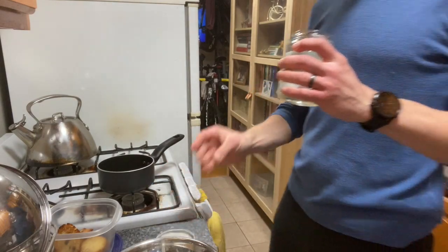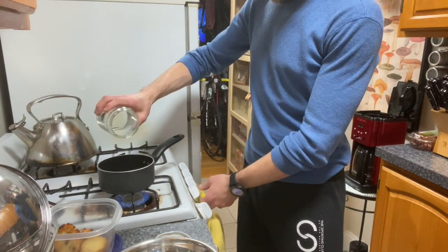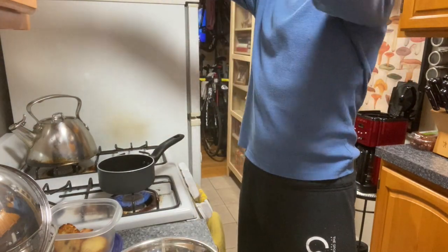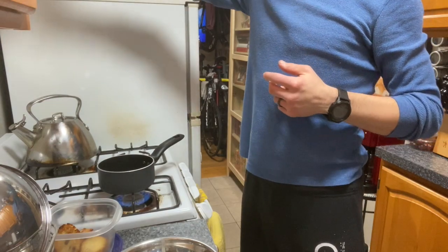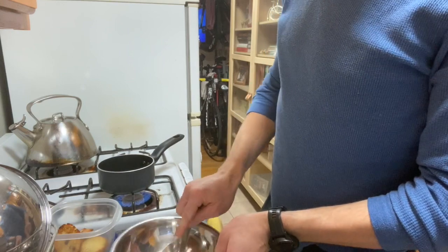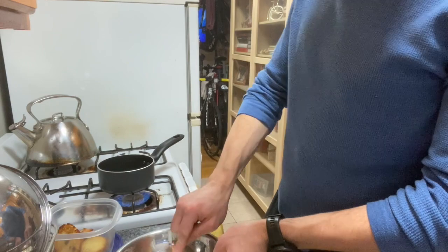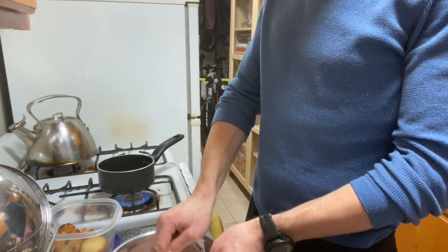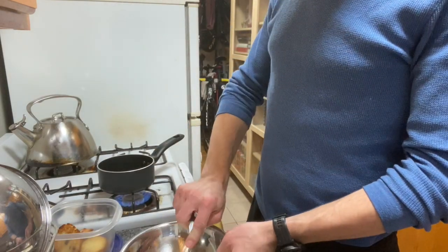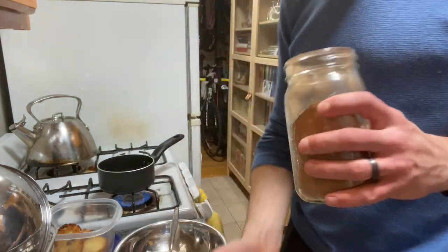So I like to follow the KISS method, the keep it simple, stupid. So first thing is I'm just going to warm up some coconut oil. I'm looking for its saturated fat properties to help give it a little bit of stability when it's cold, but I'm warming it down to help soften up my cream cheese a bit. So I have about a quarter of a stick of cream cheese in here, and I'm going to add some